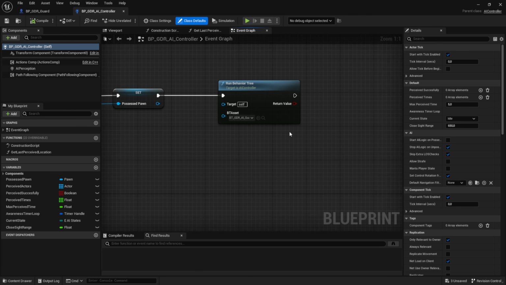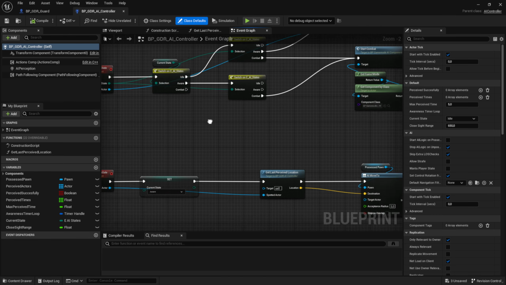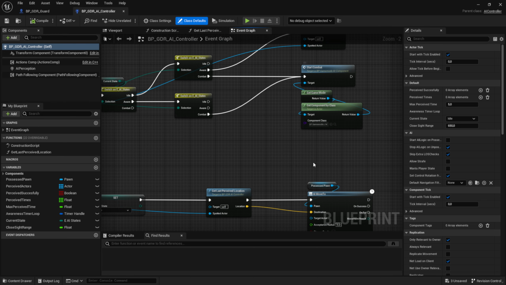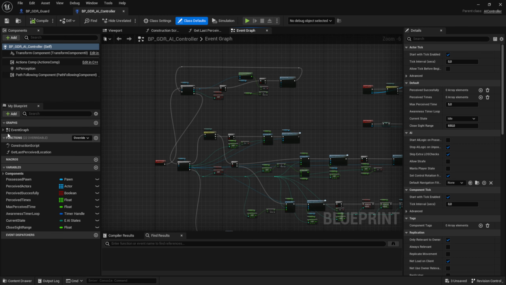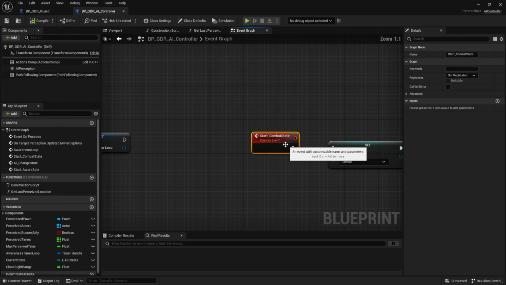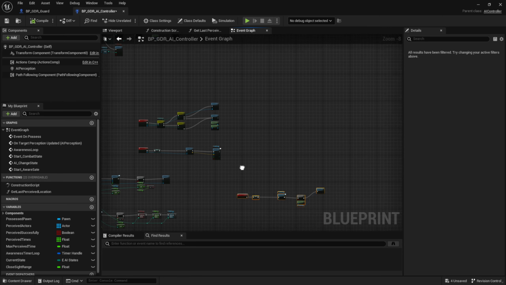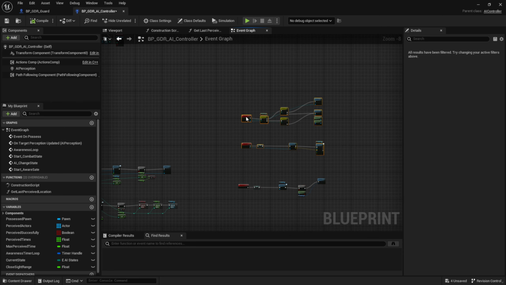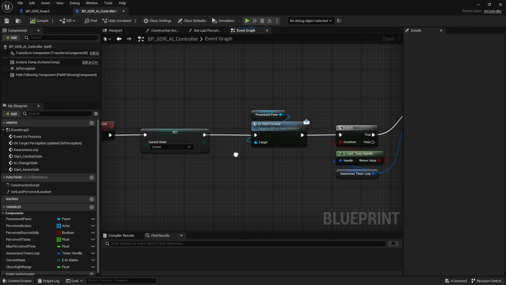So first of all, for example, let's go to the start combat state. This is the game mode event. I made this a little bit of a mess, I think. So here we are, start combat state. Let's move this over here. And then this as well. So these are all state events. There we go. So if we start combat, we want to make sure that this value on the BlackBoard also